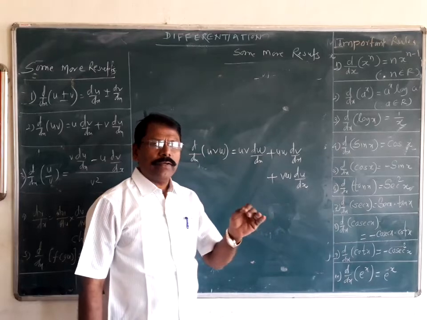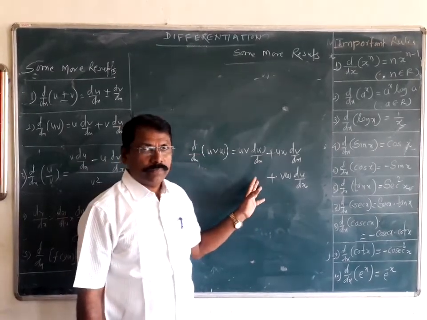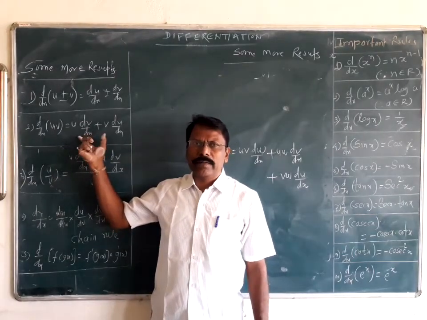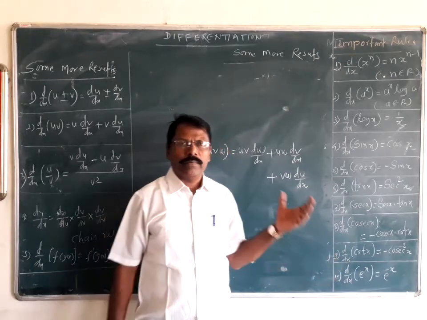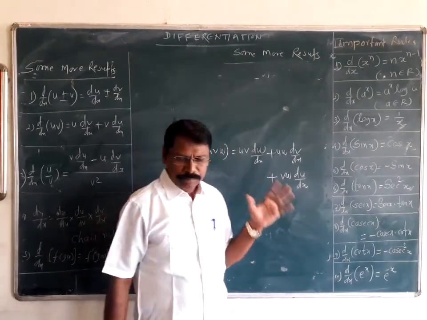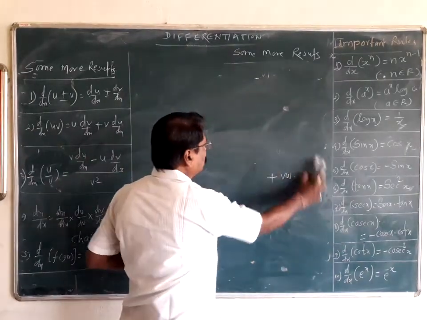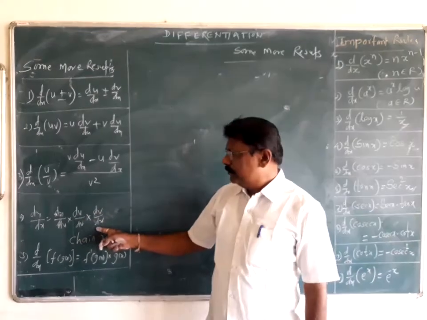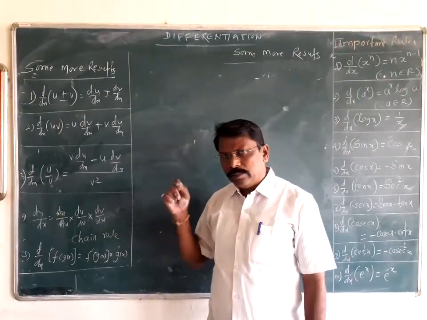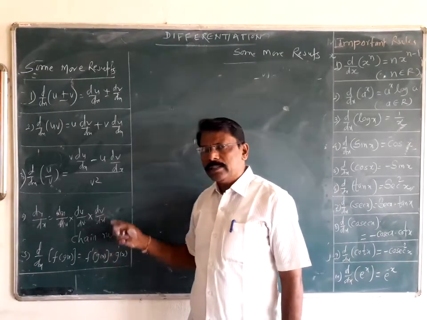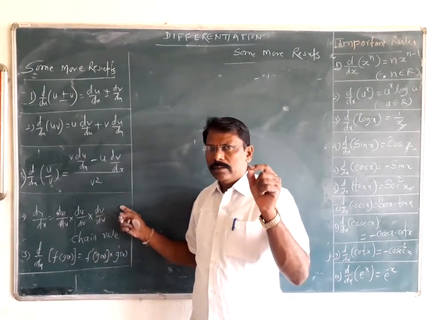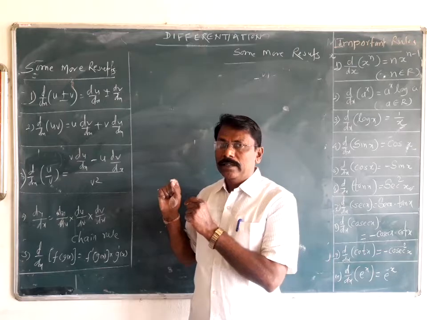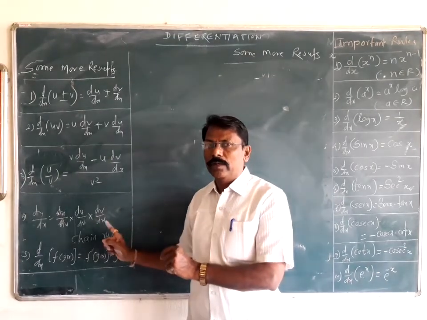At a time you can find the derivative of only one function, not 3 at a time. So that's why, for the sake of convenience, we have taken the product rule for 2. But suppose there are more than 2, then we can use the product rule like this. Then afterwards we define the quotient rule, that you might remember, and the chain rule. Just now we proved it. Here the important thing is that chain rule means you continue the chain up to the last function whose derivative is 1, until the derivative of the independent variable.